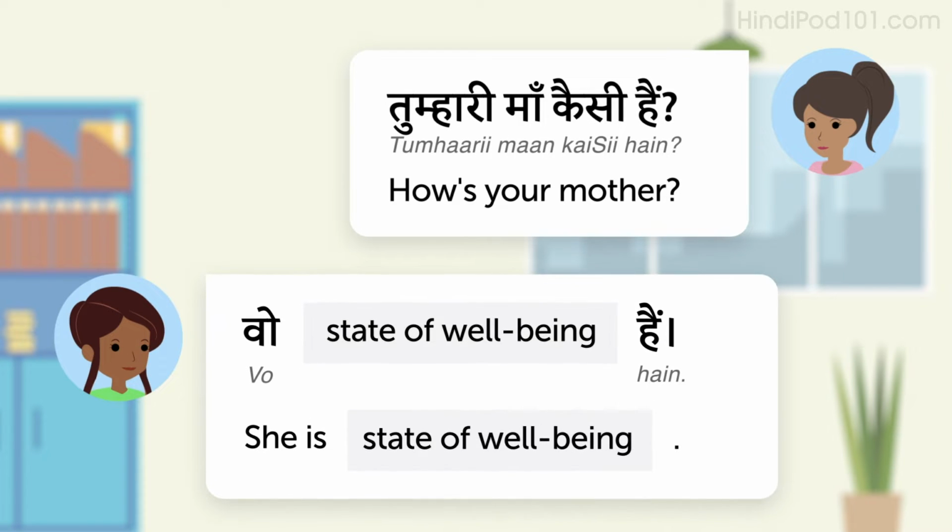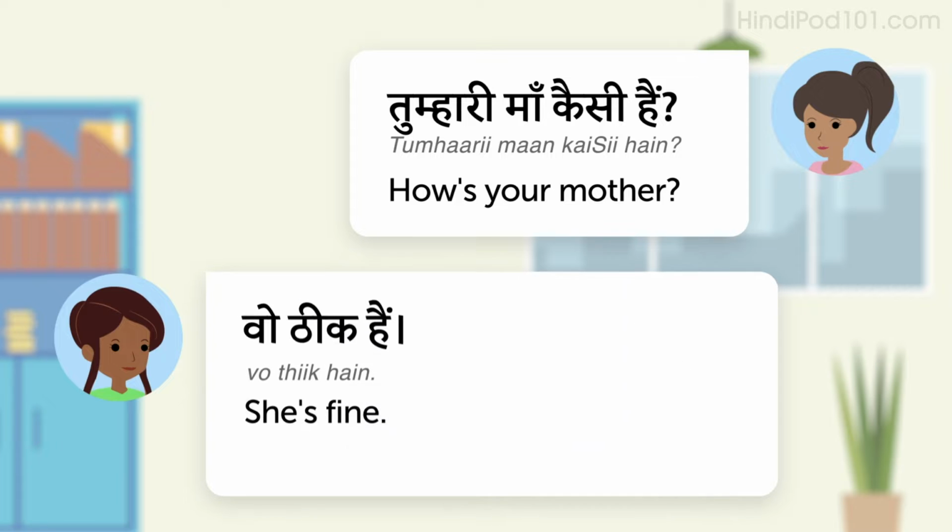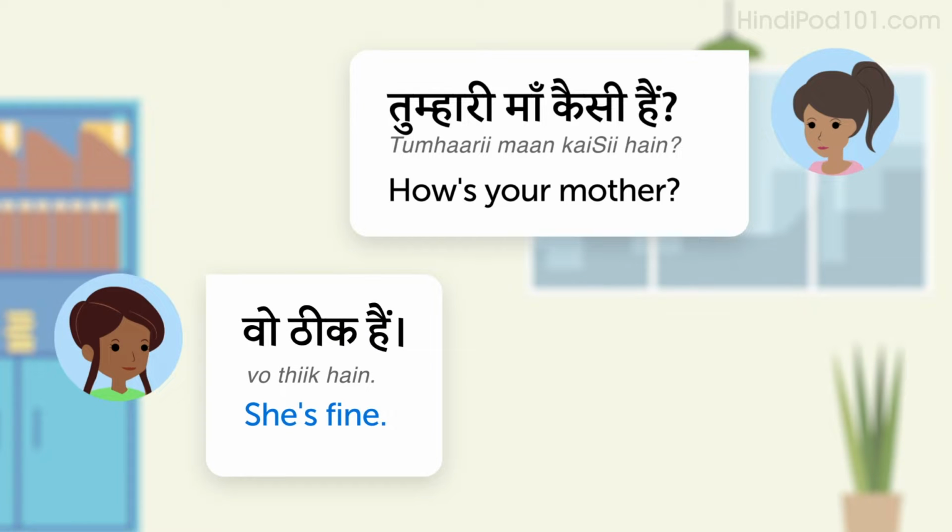The pattern is वो state of well-being है। This Hindi sentence literally means he, she, state of well-being, are, but it translates as she is state of well-being in English. For example, she's fine. वो ठीक है।